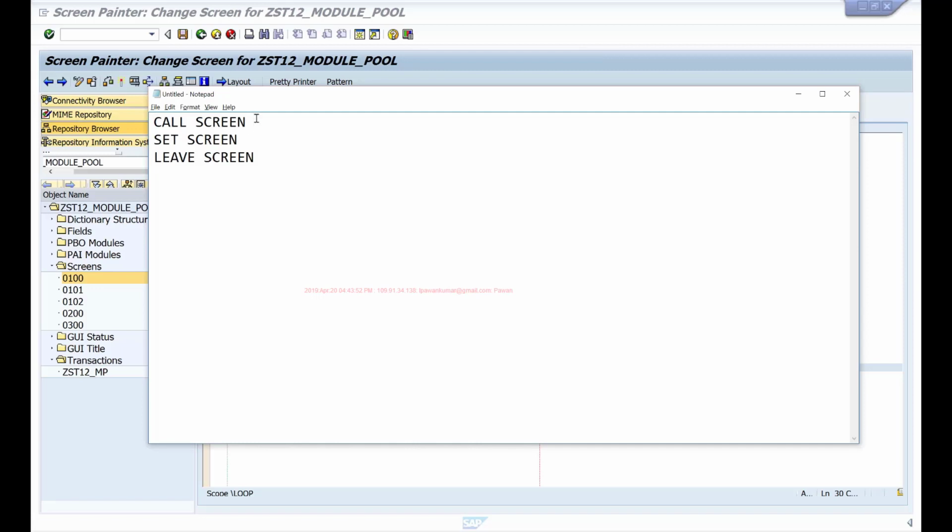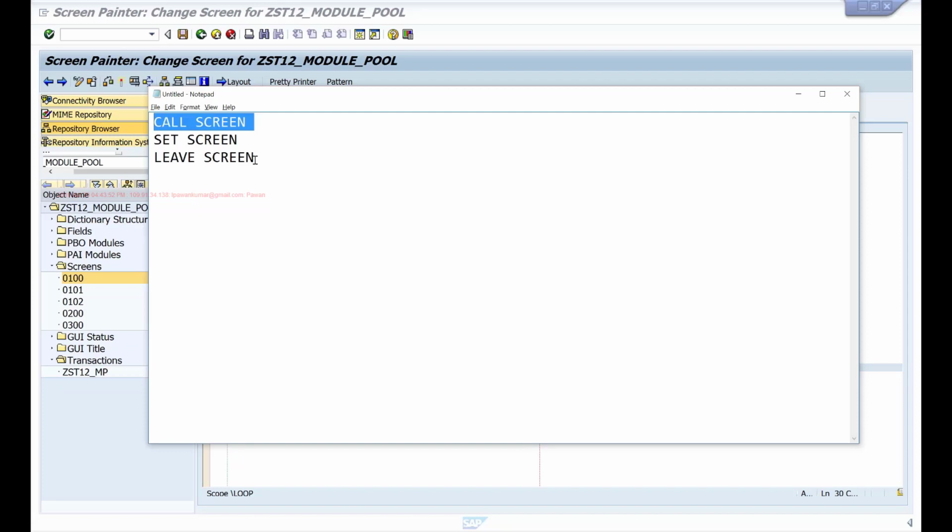For example, if you take some drill down report, on the main screen you want to show some header information, like all the header details about different documents. And to see the item level data for each of those documents, the user can double click on the document number and then you can show these item details on another screen, in a detail screen. When the user double clicks on the main screen, you are showing the detail screen, and once the user sees the details, he can click on the back button to come back to the main screen, right? So in that case, in the main screen, I'll use this call screen statement, where it will take him to the detail screen, and he can click on back button on the detail screen to come back to the main screen.